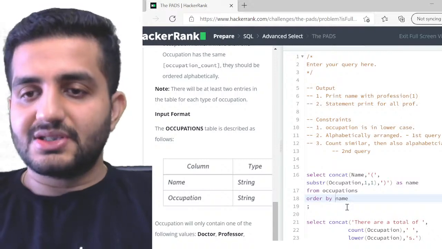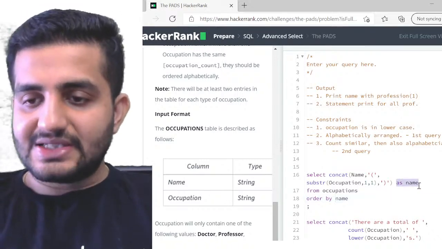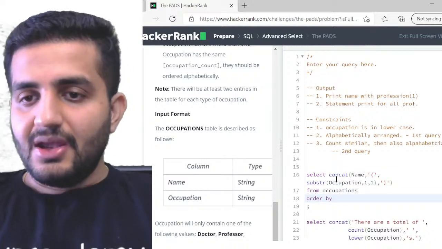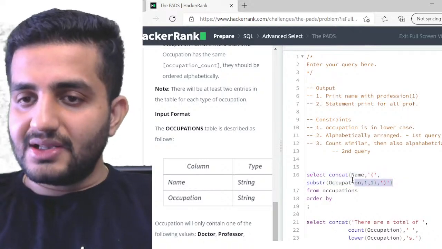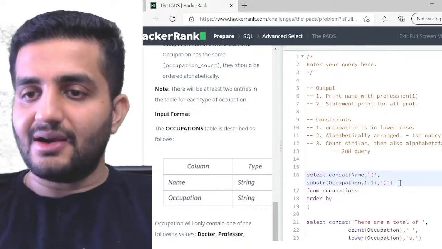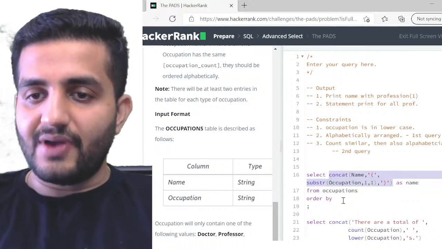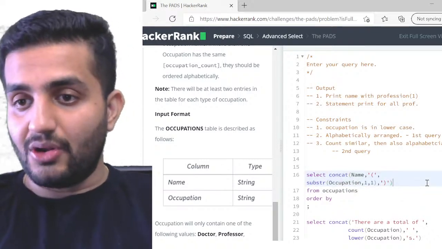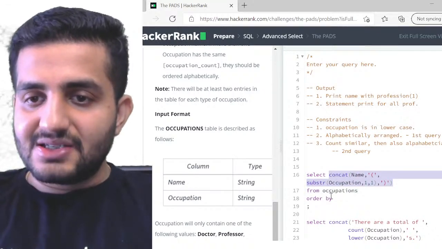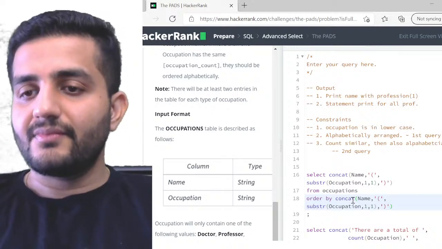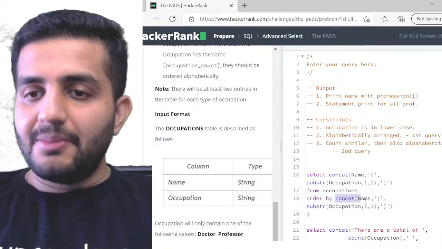Right? So now, if I don't write name here, for example, just forget about this, but technically we have to order this entire thing, right? So either we write an alias name, say name, instead of calling this entire thing again. If I don't write name, I still have to order it, right? So in this case, I have to pass this entire thing here. You're getting it? If I don't alias it using as, then order by also has to pass this